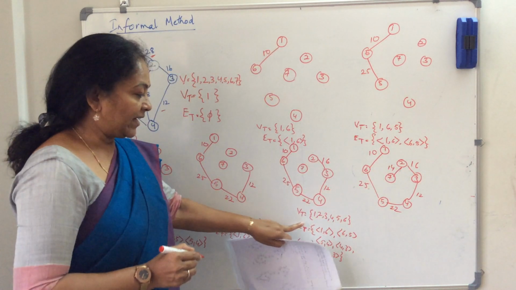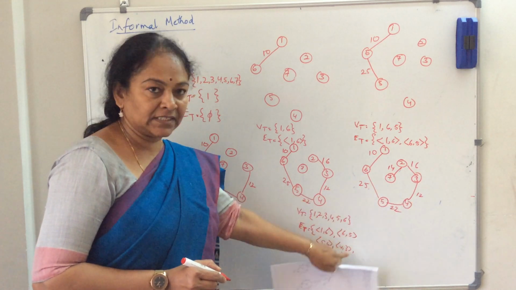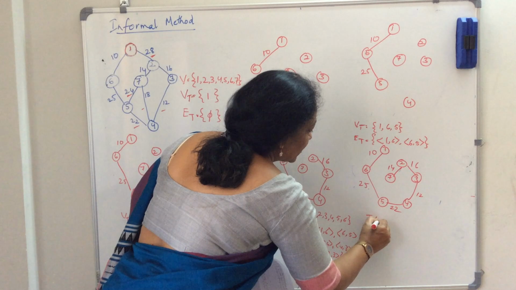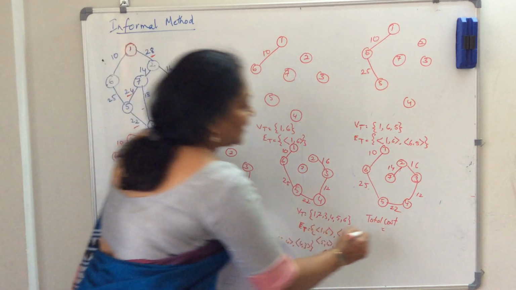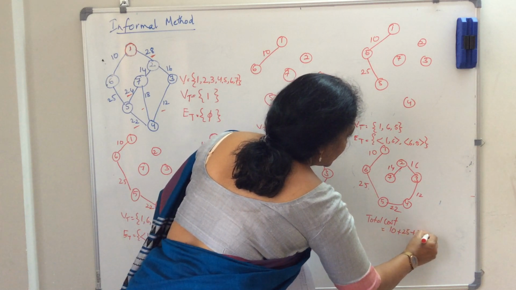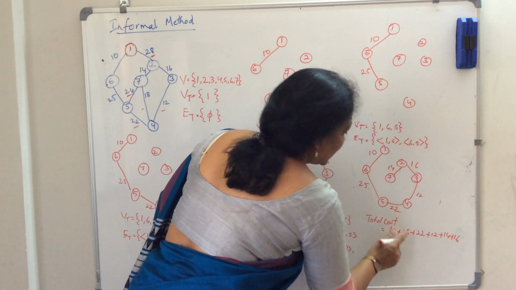Okay, now if you write this, 7 is also included here and it contains all these edges. Okay, now what is the total cost? The total weight of this spanning tree is 10 plus 25 plus 22 plus 12 plus 14 plus 16. It becomes 35,